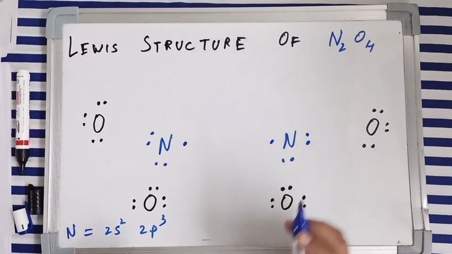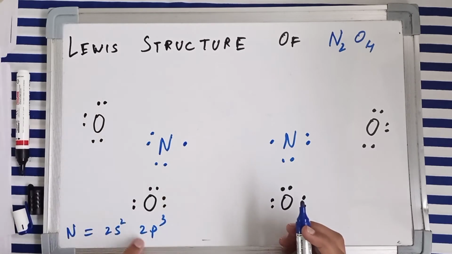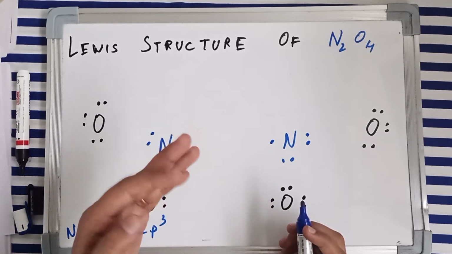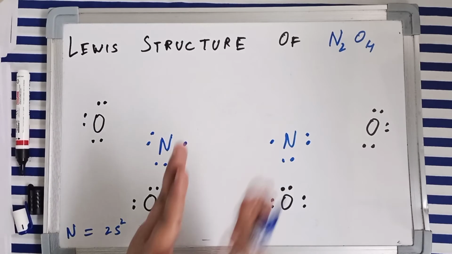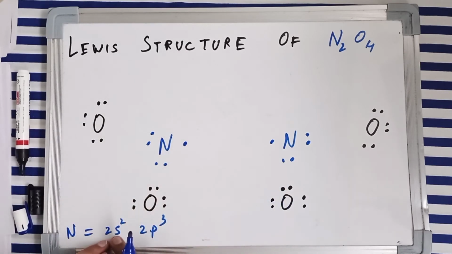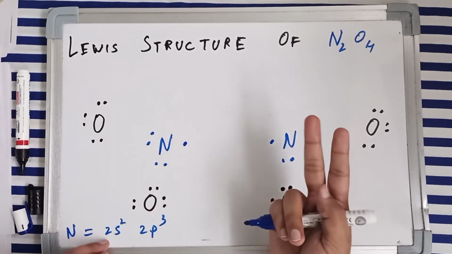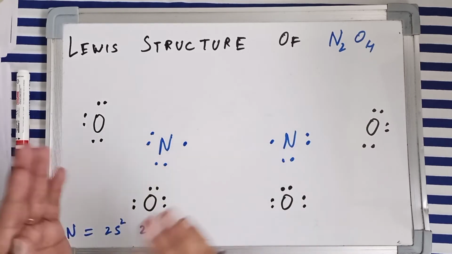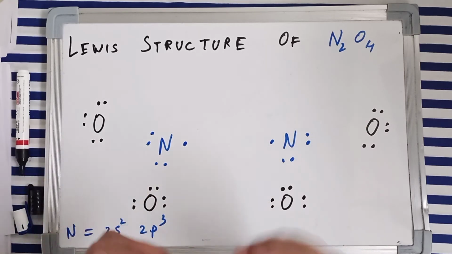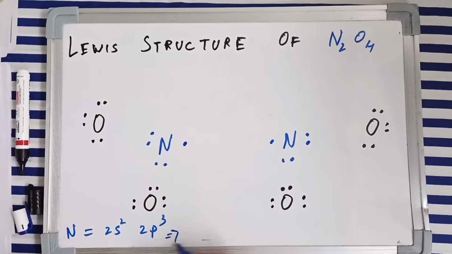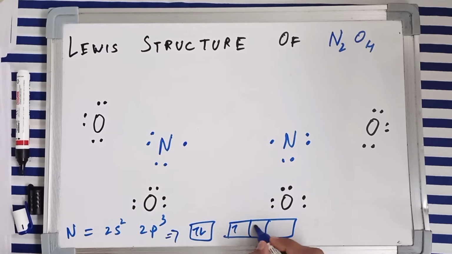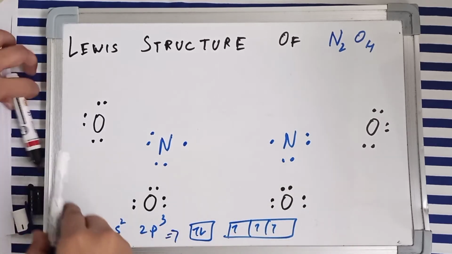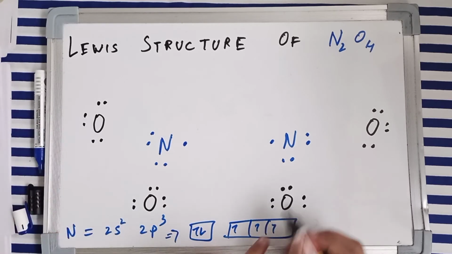So now see, nitrogen had 3 electrons in 2p, in which all of those 3 were unpaired. So they're going to make single covalent bonds, right? But what about this 2s subshell having 2 electrons? They're not going to participate in covalent bond formation. They can only be donated. How? See, 2s had 2 electrons and 2p had 3 electrons, and these 3 are unpaired. So we can share these electrons with oxygen's atoms.